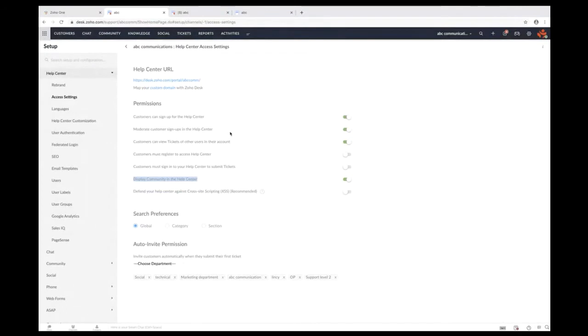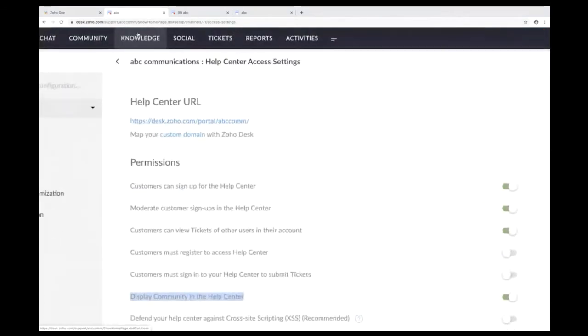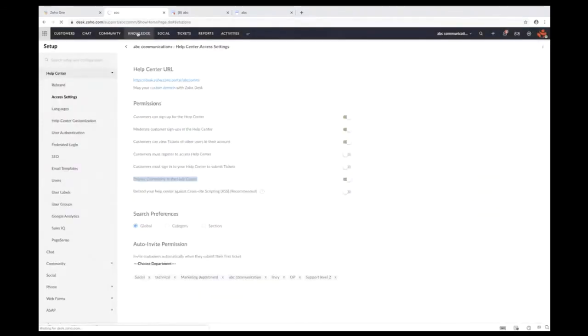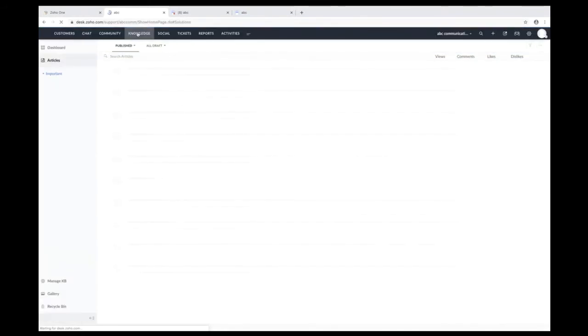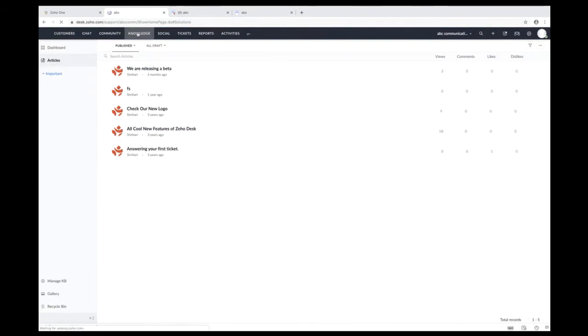The next topic that I would like to discuss is the knowledge base functionality within Zoho Desk, as to how we can create knowledge base articles. As you can see on the top pane of your screen, you have a module called knowledge. As you hit on knowledge, it opens up a screen that shows a list of articles that you have already created. In order to create a new article, you can come here and hit on the add option on the top pane,